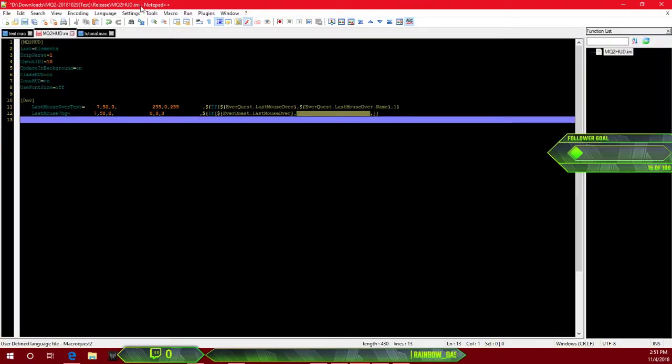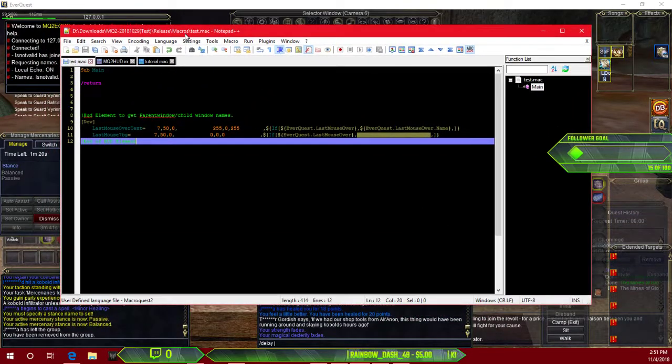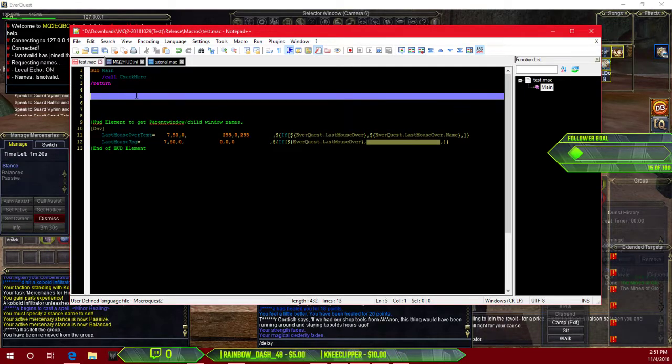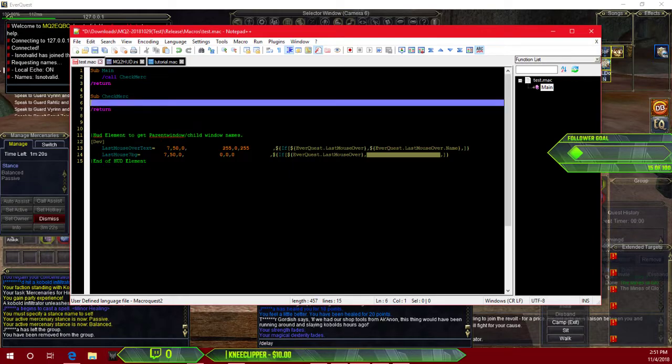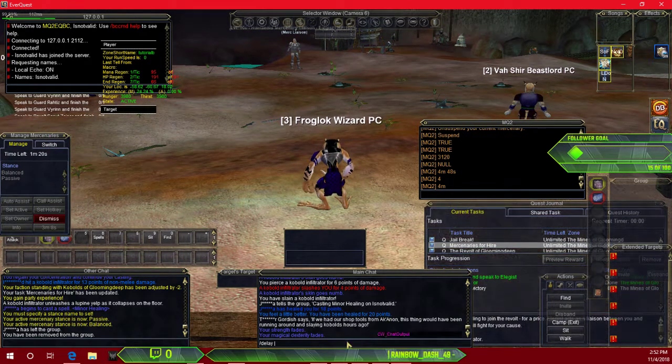So if I came over here, let's go to this. I made this test.mac, right? So I want to access the information, right? So I am going to call checkmark. All right, and then I'm going to make the sub checkmark. All right, so if I wanted to check that information, so if window, and then I'm going to need my window information, right? So I can come over here and I can say mmgw underscore manage wind,